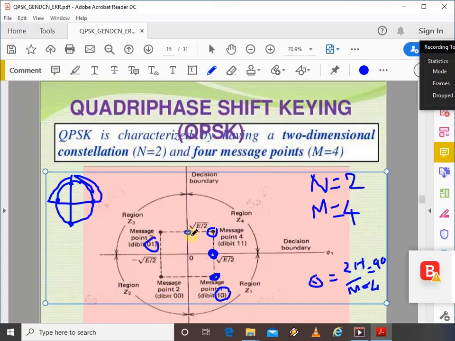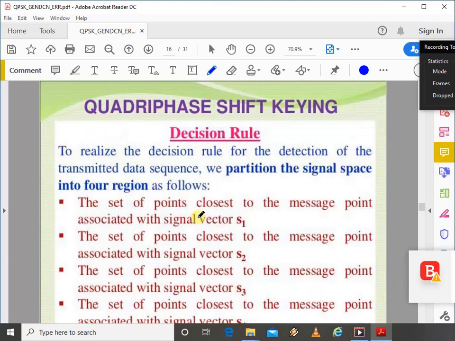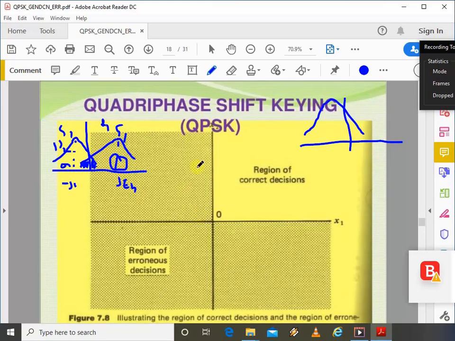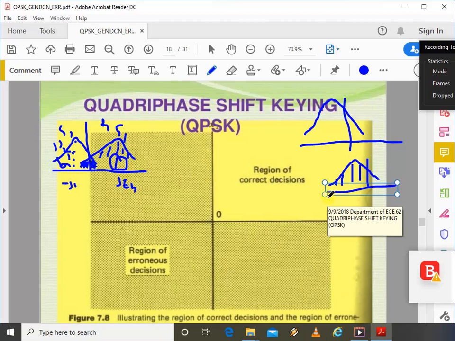Instead of this, what we are going to do is this: the area I have shown is the area of correct reception. Just see that in case of BPSK, let me say this is the Gaussian curve for the symbol 0. We call this particular area the area of correct reception. If the symbol 0 falls in this region, the receiver always takes the decision in favor of symbol 0.